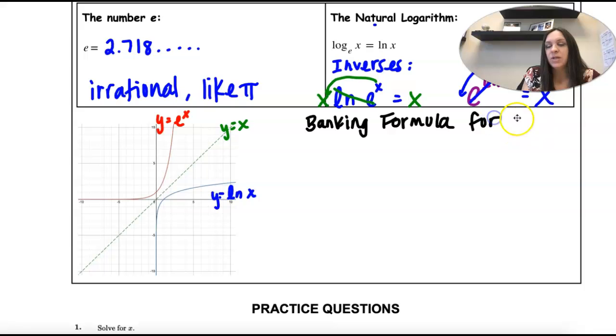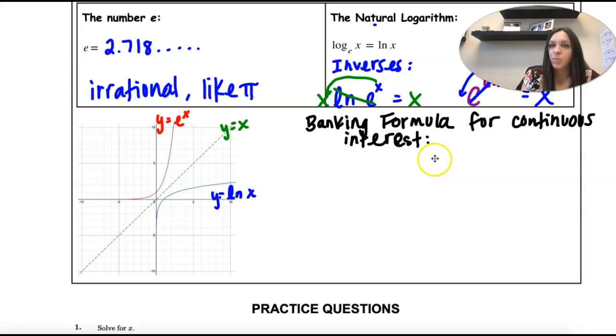Okay, so in our section, we are going to use a banking formula for continuous interest. And sorry, it's not typed out. We're just going to have to write it. So the equation we call PERT. It's A equals P E, this E, to the exponent of RT. Okay, so A